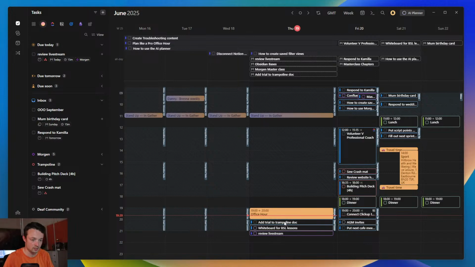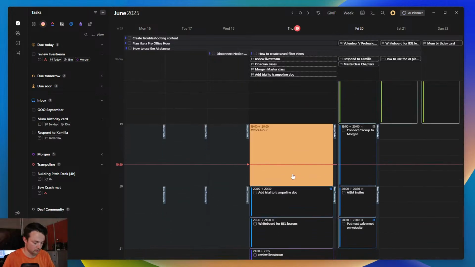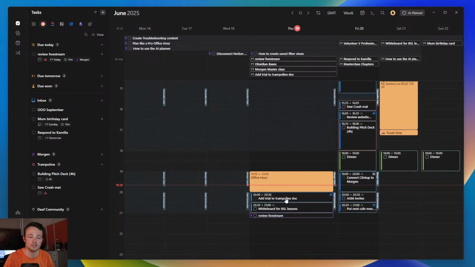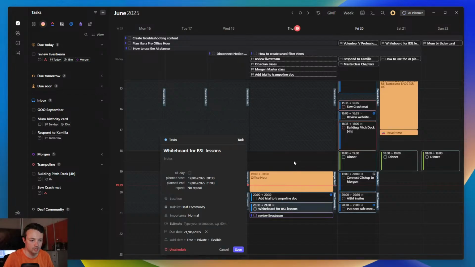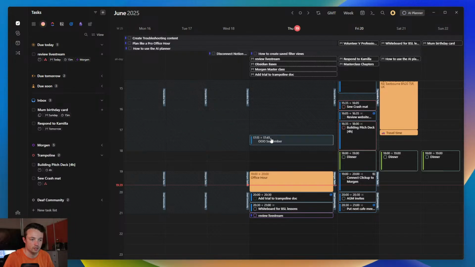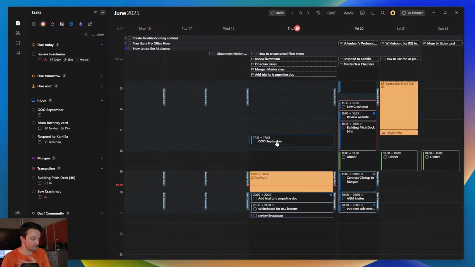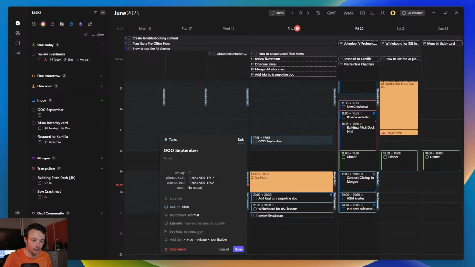Something worth noting is those tasks that are scheduled in the calendar. So let's zoom in a little bit. Oh, that was zooming in a lot. Is you can actually change the name of the task. So let's use the 000 as an example. I've scheduled it in the calendar. If I double click, I can change